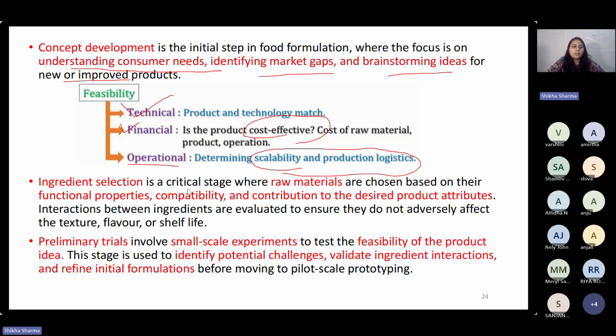Then, after that, we do ingredient selection. Ingredient selection is important because we need to select the raw materials here. Raw materials are chosen based on the functional requirement we have, and they should be compatible with the other raw materials which we are using. So all the raw materials should be compatible with each other, and should also contribute to the desired product attributes. It can be the nutritional attributes, or it can also be the